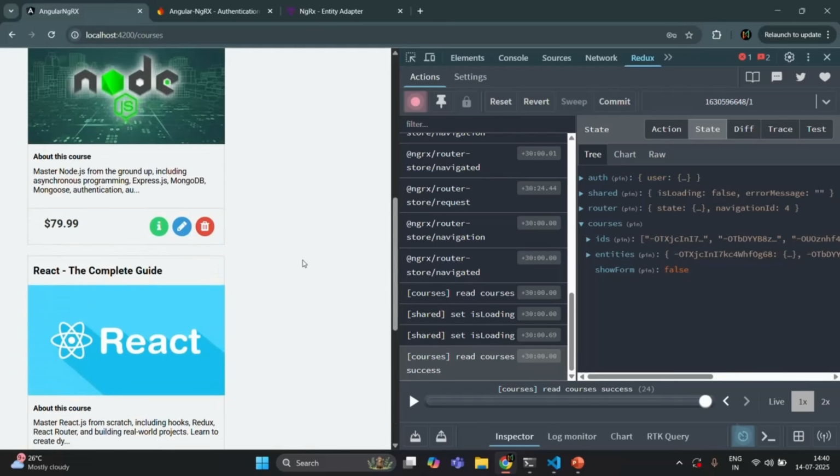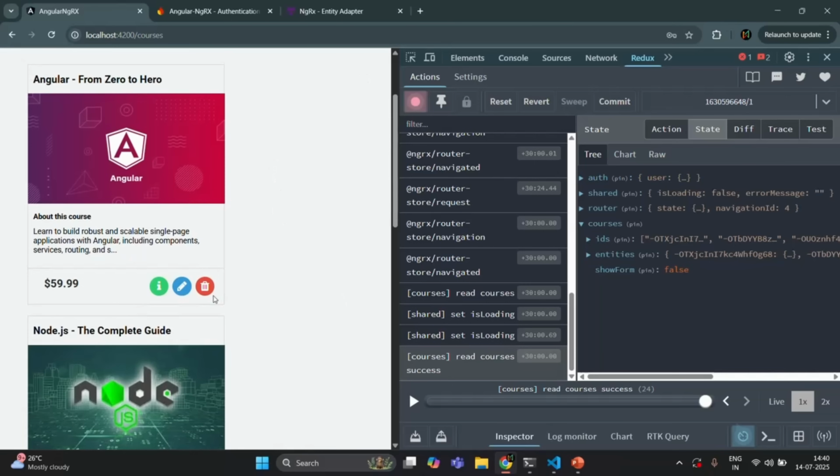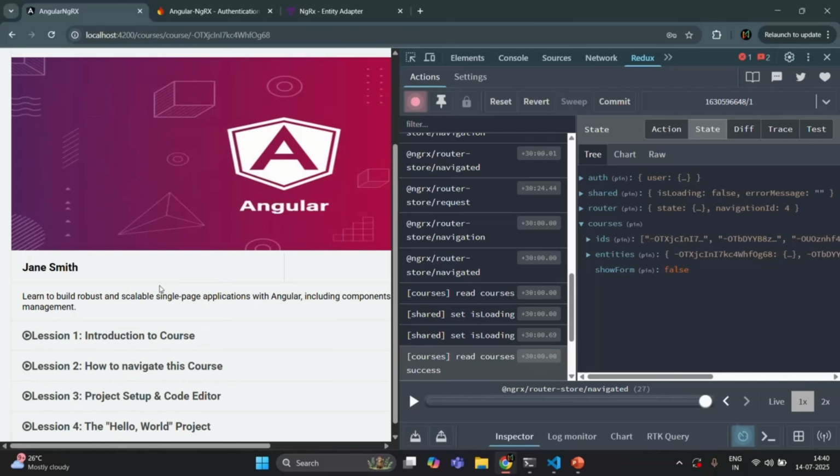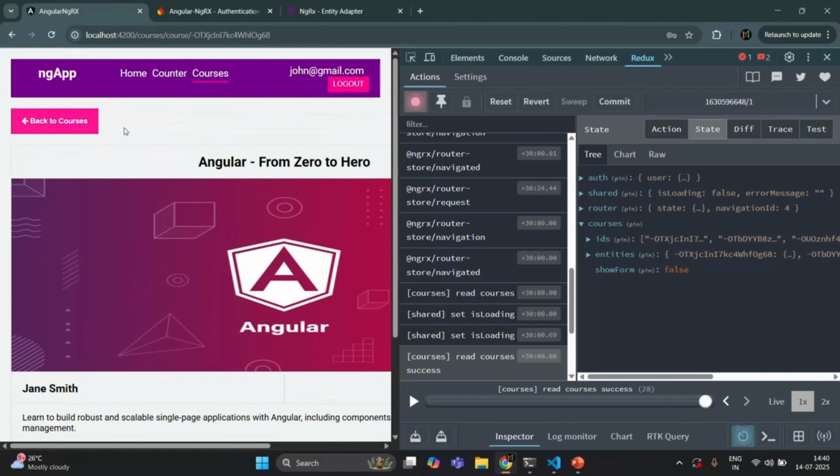Now here, let me quickly check other functionalities. So read all courses is working. Let's check the detail of a selected course. So here we can also see the detail of the selected course. So this is also working. Let's go back